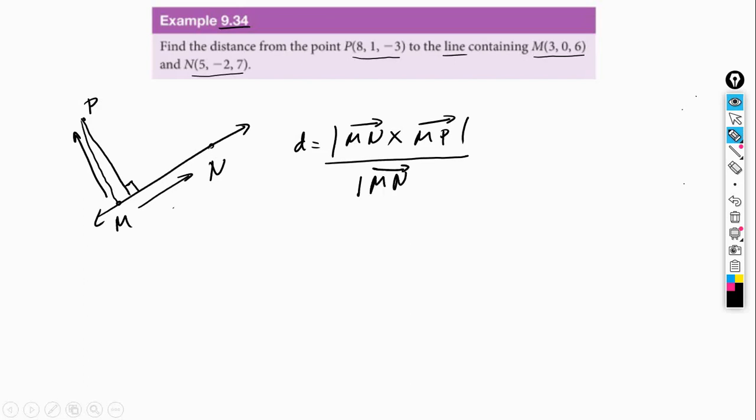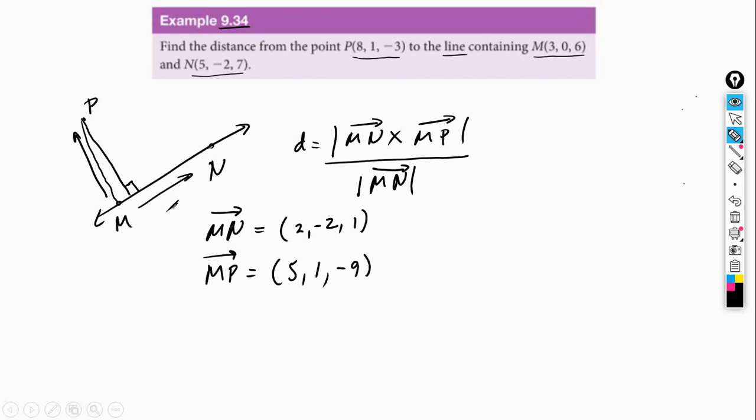So we would need this magnitude here. Now, first of all, let's find vector MN. So vector MN is obviously going to be the point M minus the point N. And from that, we're going to get that this is 2, -2, and 1. And then we're going to find also that vector MP will give us 5, 1, and -9. So that means that we have all the information we need, because the distance